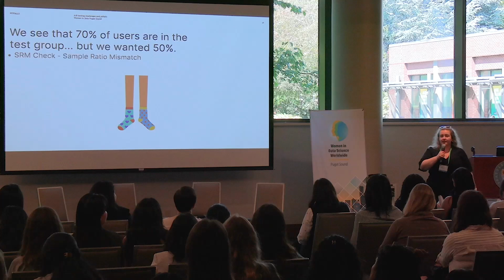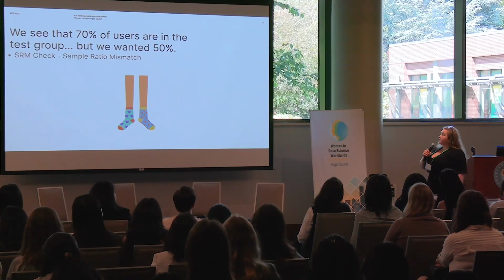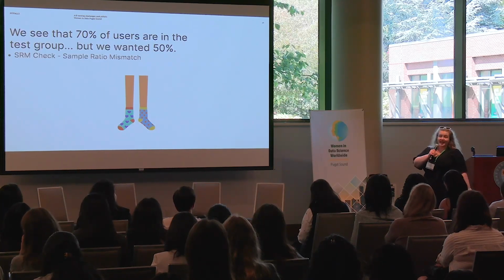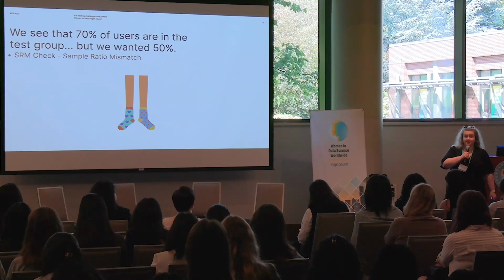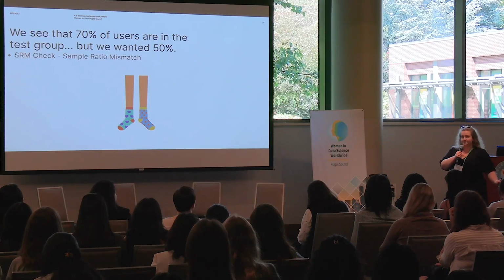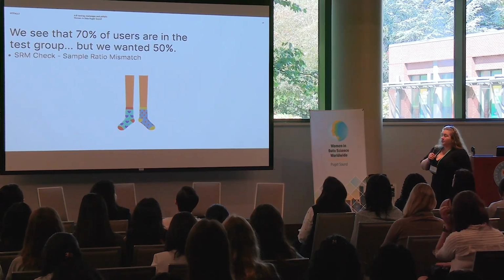You may also want to check if this has happened on a particular date. Can you track it down to a particular release? It has happened once that there was this sample ratio mismatch introduced on an A/B test I was running, happened on a particular date. I tracked it down to a release. It had nothing to do with our experiment. It was the most baffling thing, but it helped us fix it.